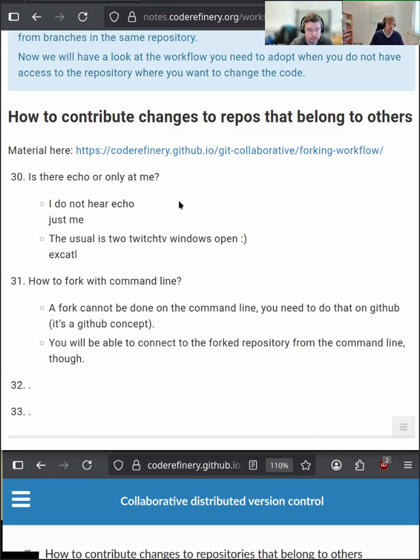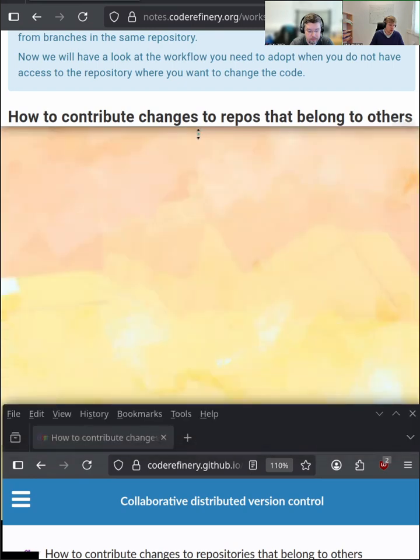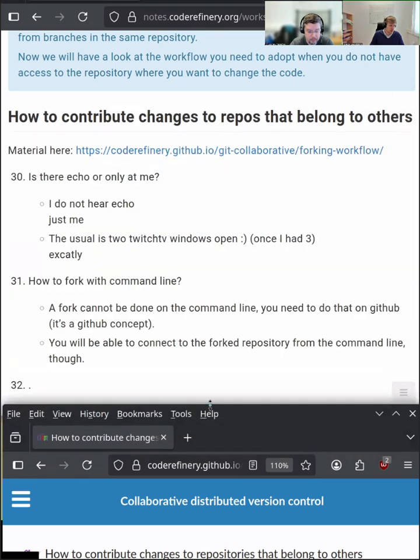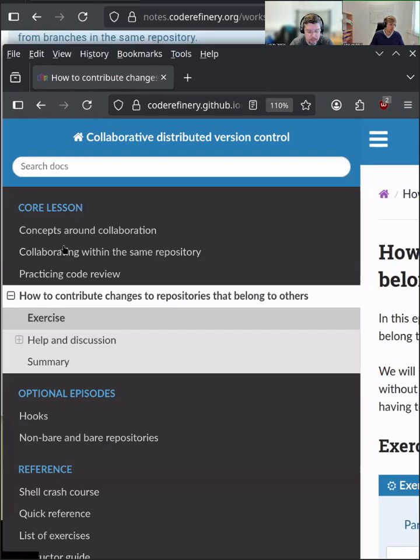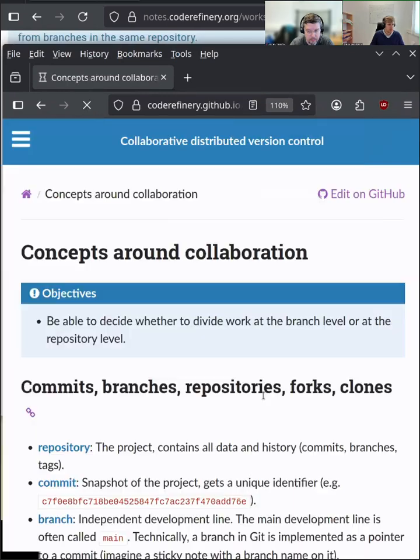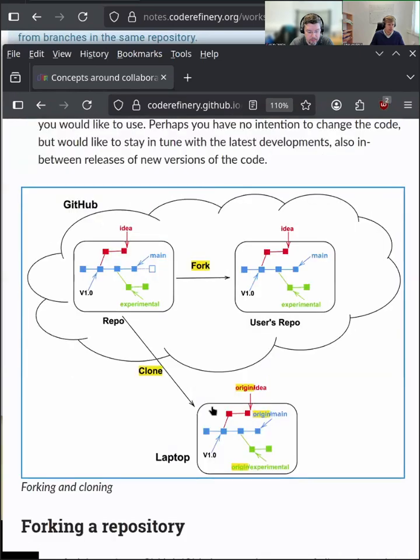Maybe we can go quickly back to the first lecture. Sorry, that was not what I intended. I wanted to show this one. You remember this figure here? You see we have this repository, and then cloning would be down to your laptop. That would mean that you copy the whole repository down to your machine. But forking is inside of the cloud, so inside of GitHub in this case. We just copy the repository from the organization to your private one. I can maybe quickly demonstrate that.